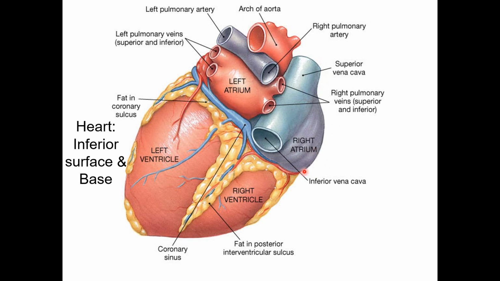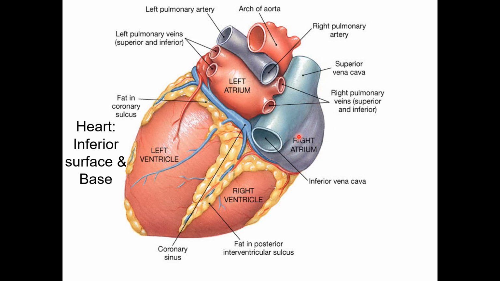This one encircles the heart. Here is the coronary sulcus. Continuing, notice here it became more horizontal than the anterior surface. The base of the heart or the posterior surface is formed by the two atria. Mostly the left atrium: about two thirds is the left atrium and a third is the right atrium.